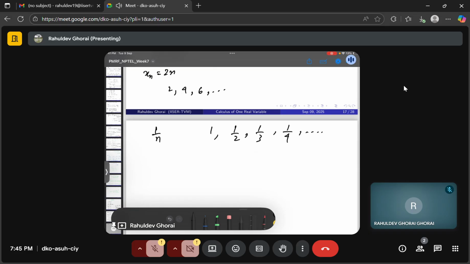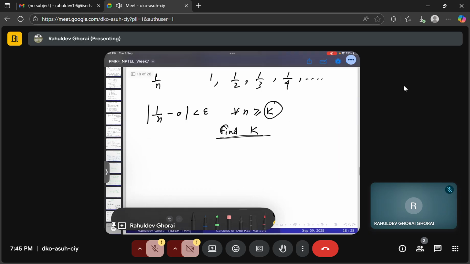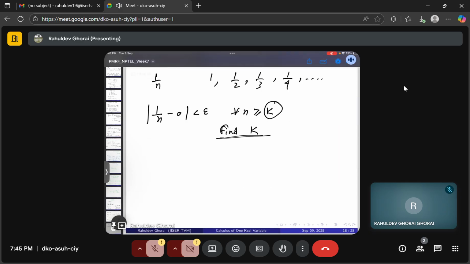Let's say for this 1 by n sequence, apparently you can say that it converges to 0, right? It's approaching 0. But how can you say something like this? |1/n − 0| less than epsilon for all n greater than some k. Find k,